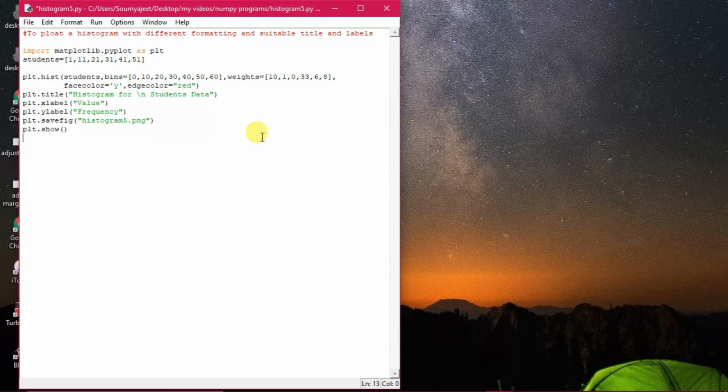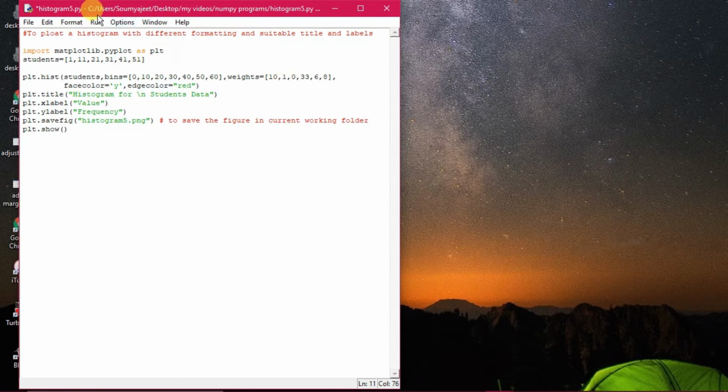Otherwise we have to save it separately. So today you have got a new command, so I'm writing it here. What is the purpose? The purpose is to save the figure in the current working directory. You can also write a directory or folder. All right, that is the saving. You should know this type of command, otherwise the graph you have created will not be saved.